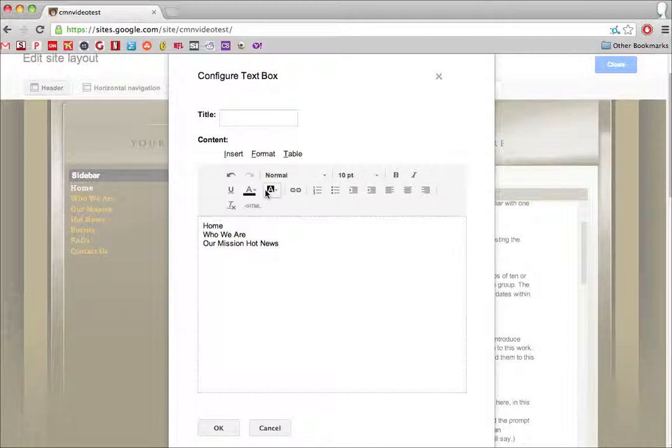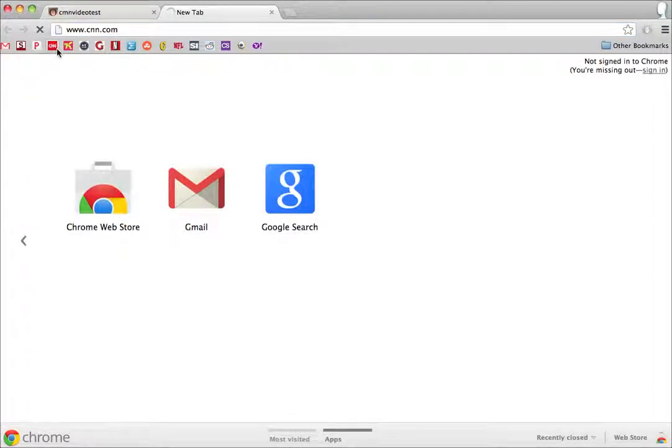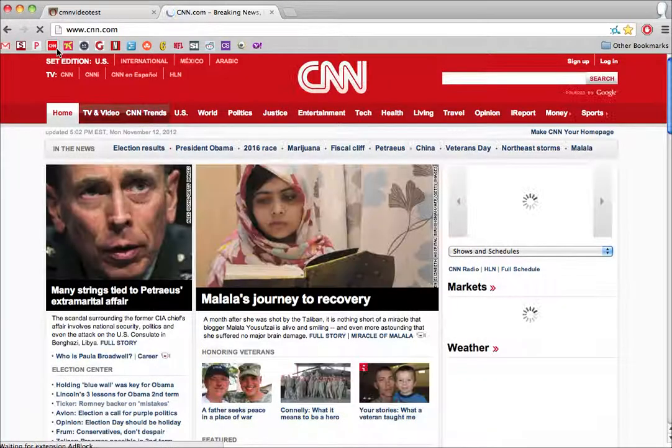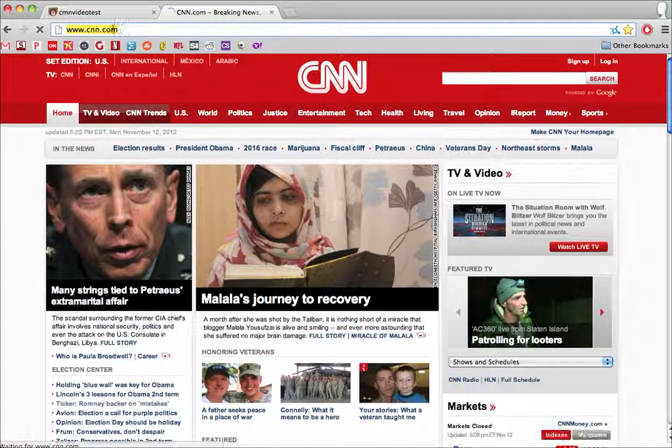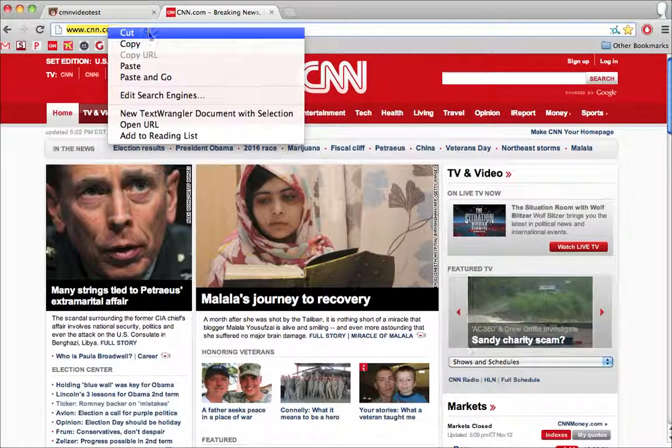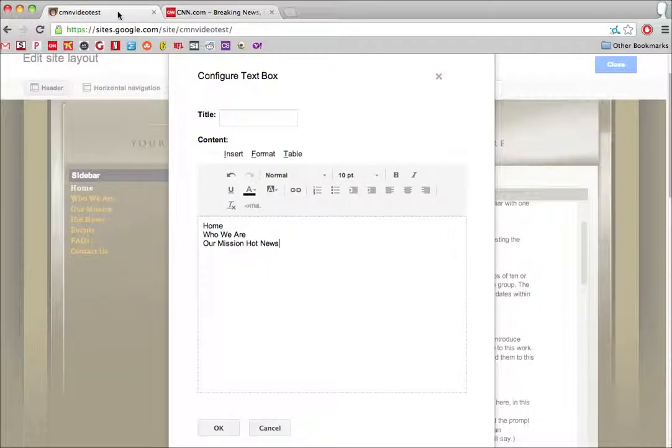So just for an example, I'll show you how to do that. Say you wanted the link to go, I'm just going to use CNN as an example, not that you'd actually want it to go there. So to do that, I would highlight there, Control click, and press copy, and then go back. So now I have the desired site copied, and I'm going to go to Home and highlight that,